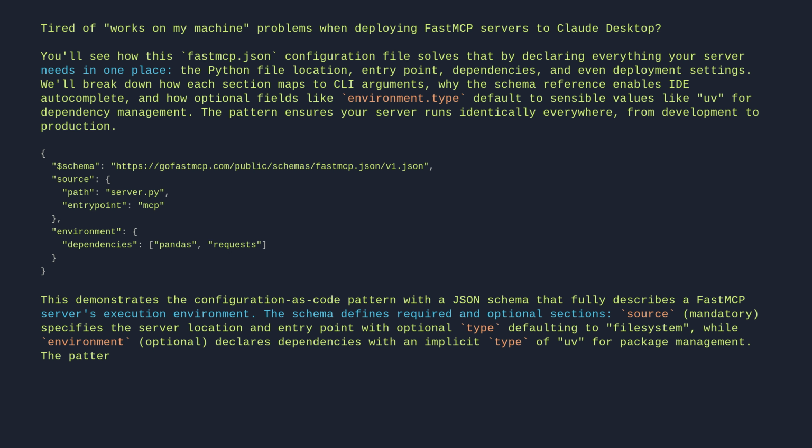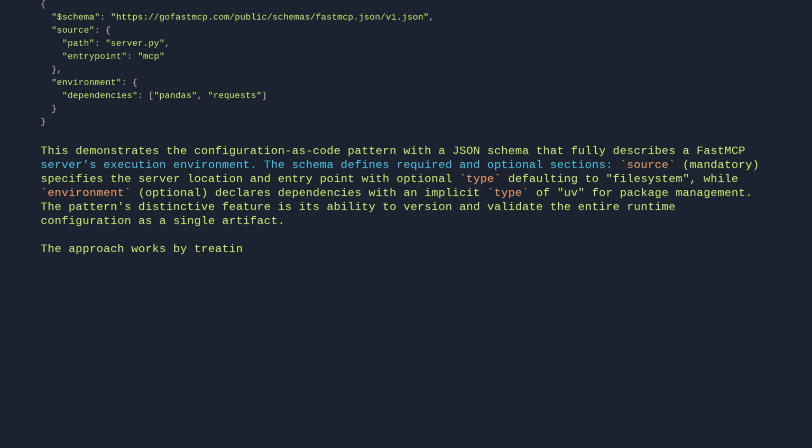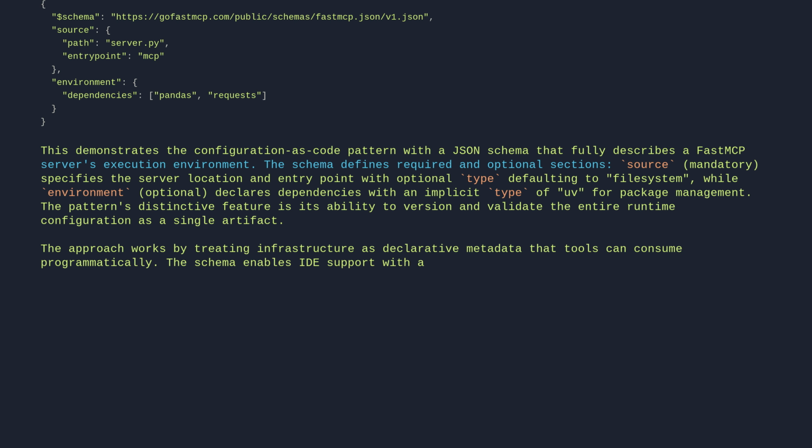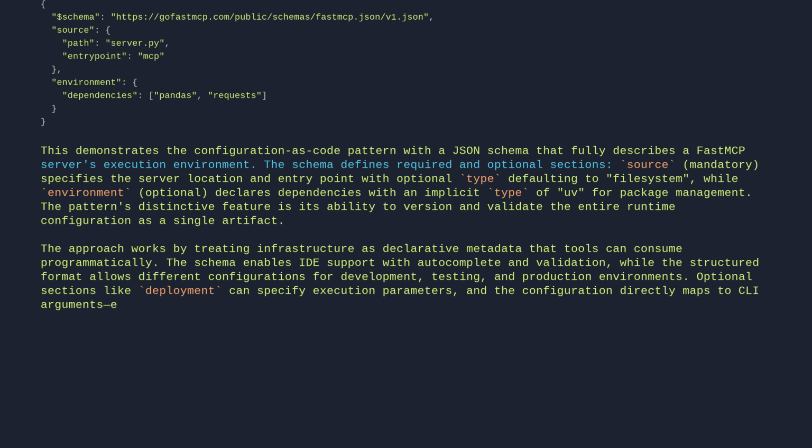The pattern's distinctive feature is its ability to version and validate the entire runtime configuration as a single artifact. The approach works by treating infrastructure as declarative metadata that tools can consume programmatically. The schema enables IDE support with autocomplete and validation, while the structured format allows different configurations for development, testing, and production environments. Optional sections like deployment can specify execution parameters, and the configuration directly maps to CLI arguments, eliminating manual